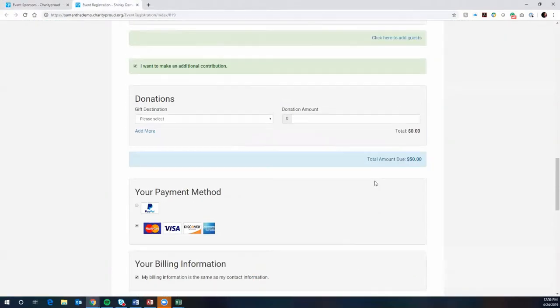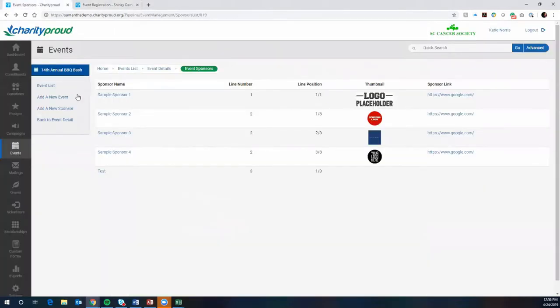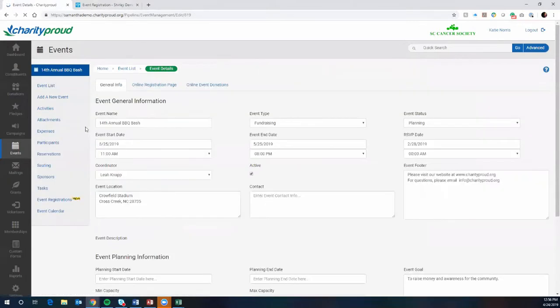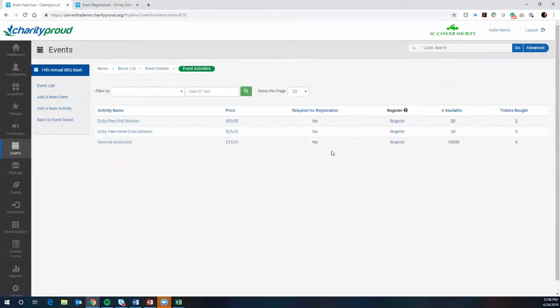Now let's talk about how to get these activities in the tickets box. To do that, you are going to click on Activities on the Features menu. It's the first item on the Features menu in Events, and arguably the most important because that's how you sell tickets. When you click on Activities, the first page you will see is a list page, and it's going to list all of the activities that you already have created. But if you need to add additional ones or you're starting new, you're going to click on Add a New